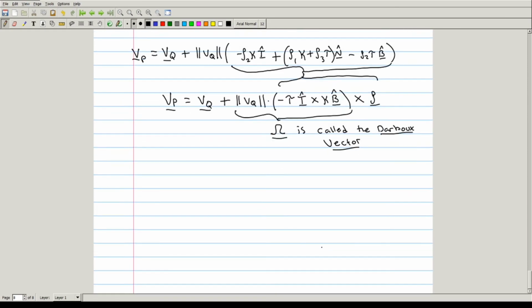It's a vector that depends on both the torsion and the curvature. However, if we rewrite this using this Darboux vector,